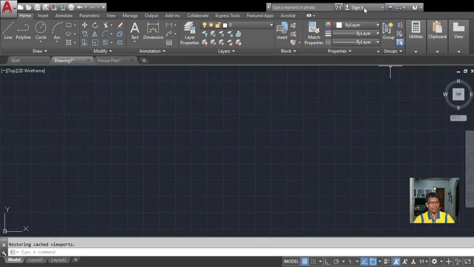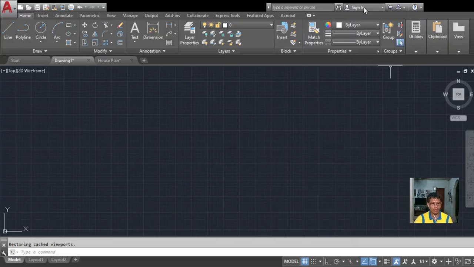So those are the parts, and we have also here on this part, what do I call this, okay, the info bar.